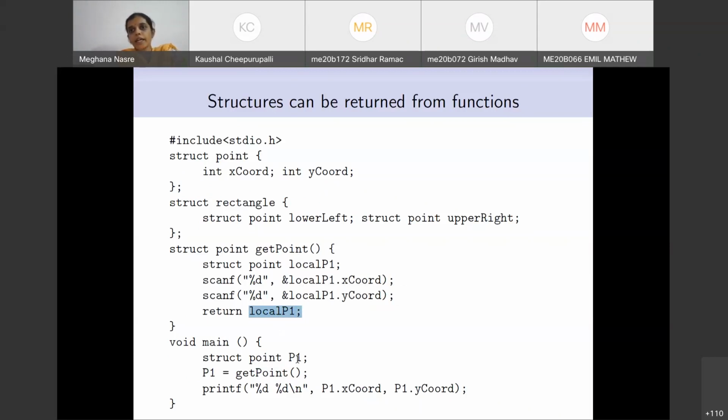Very likely you will get 100 points that you are going to take in, and every time you are taking a local point and then copying it. So maybe you will have an array of 100 points, and for I equal to 0 to I less than 100, you are going to do this in a loop, that is, array of I equal to get point, and every time it is copying. So this is something that we would like to avoid.